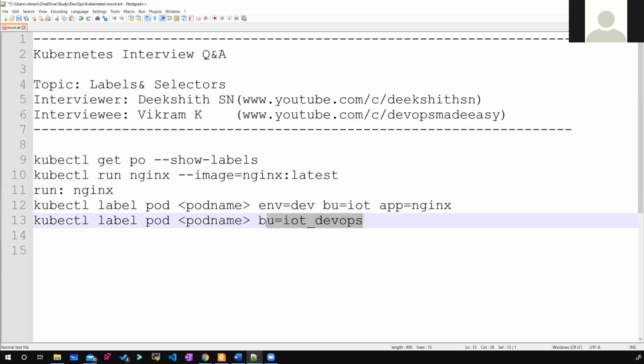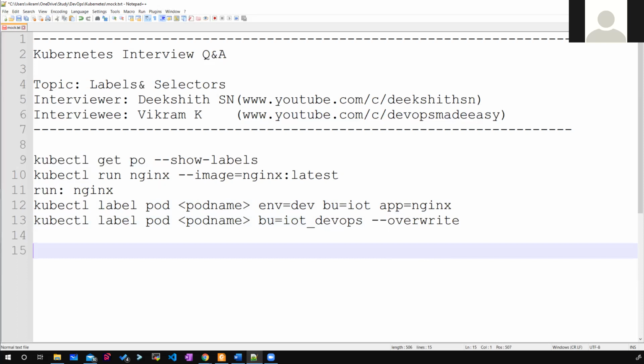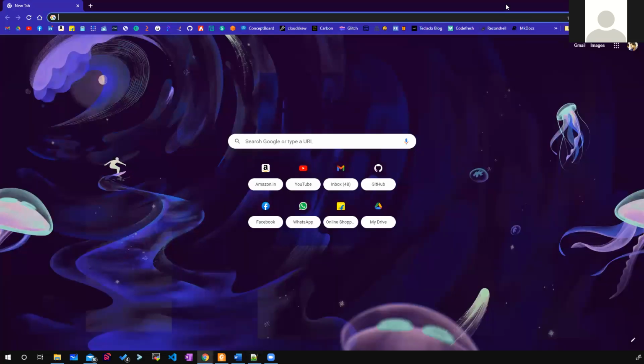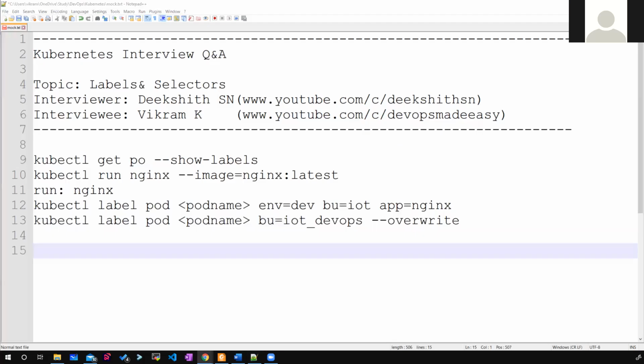So if you wanted to change it, you have to use --overwrite. Yeah, overwrite.